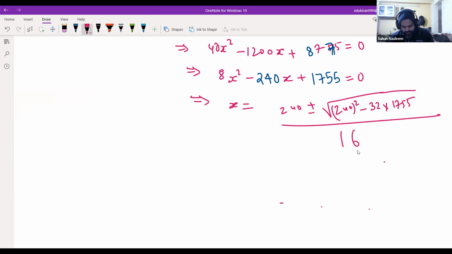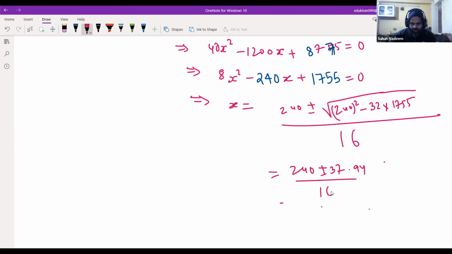So this will be 240 into 240 minus 32 into 1755, which is equal to 1440, and square root of 1440 is 37.94. So this will be 240 plus minus